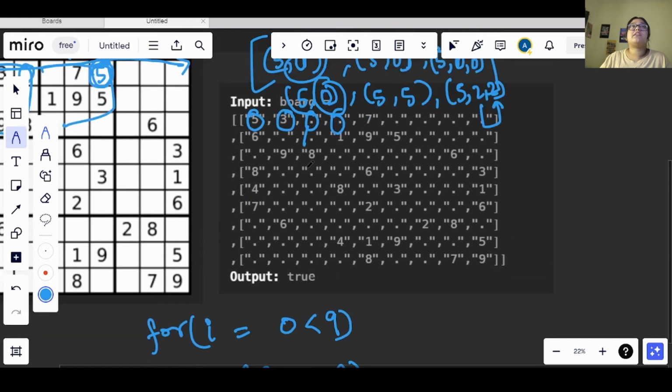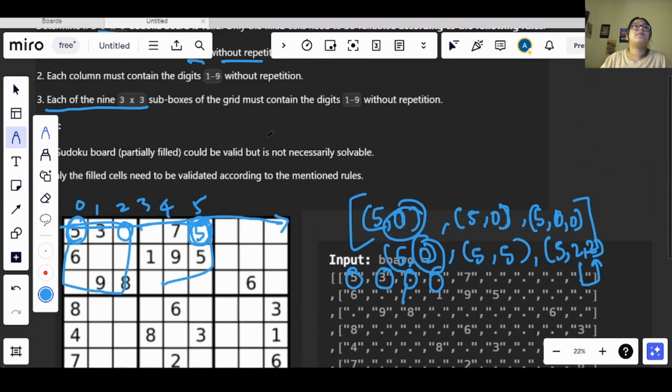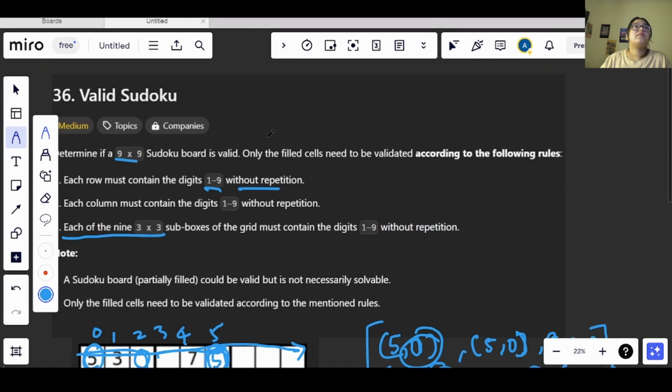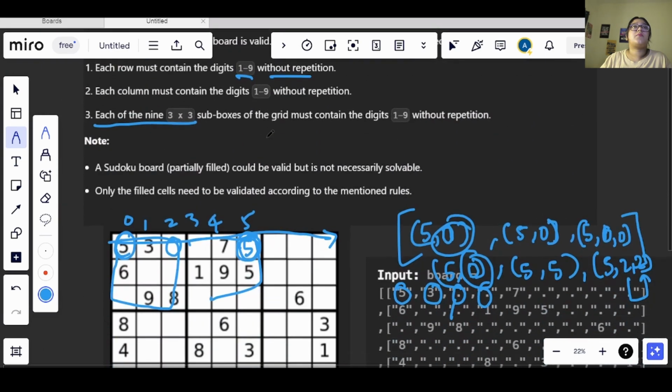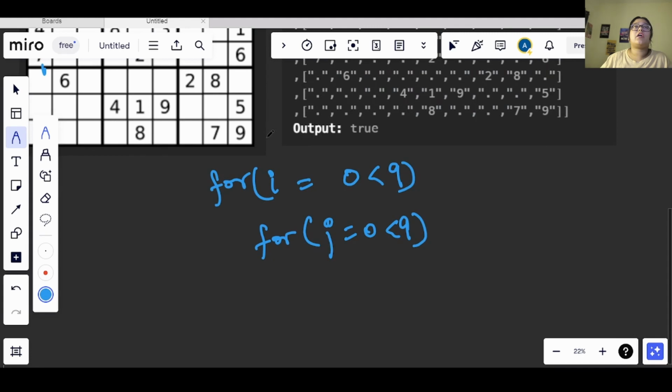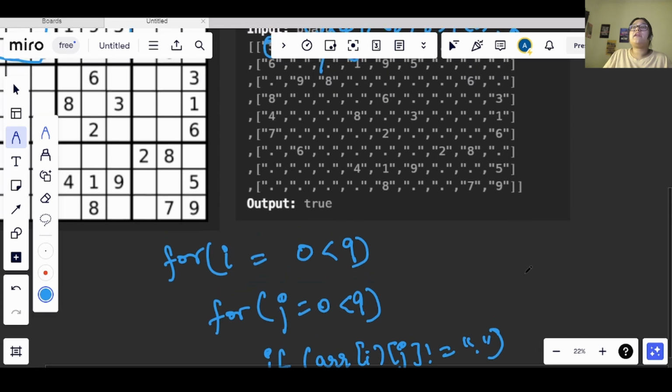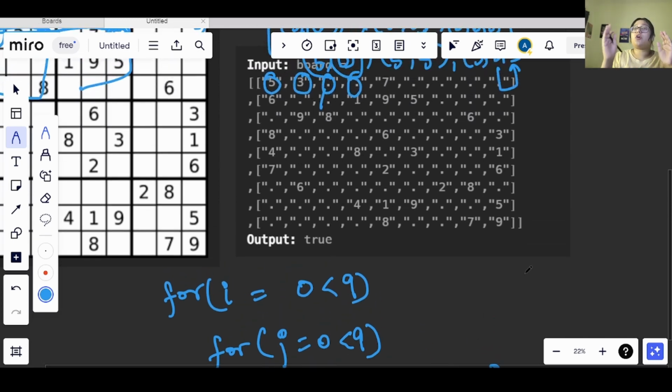After this, we check if the value, let's say this is ARR, so let's go with ARR only. We need to check if ARR of i and j is not equal to a single dot, which means I have some value present there. Then I will get the coordinate of that element.